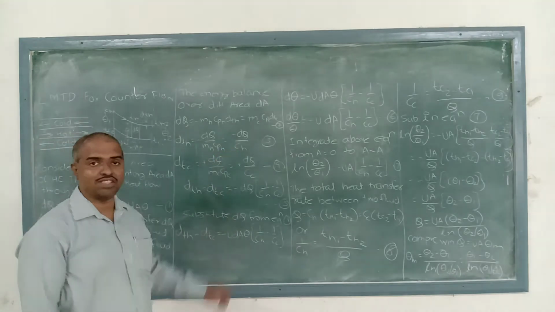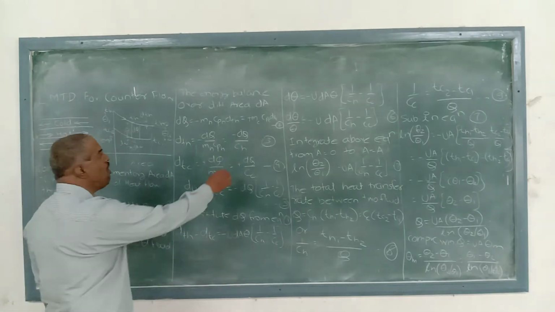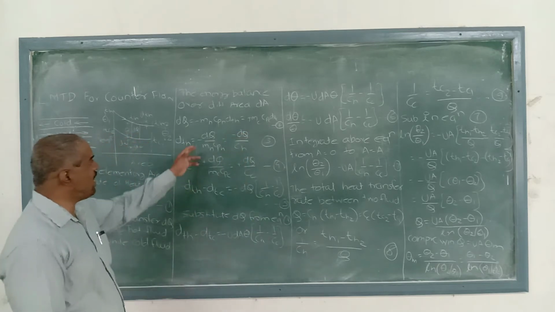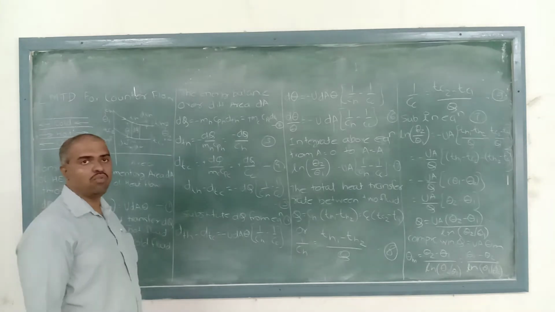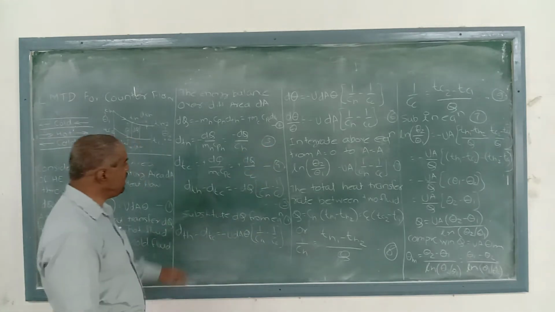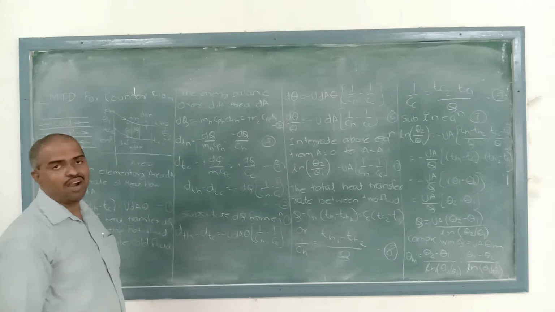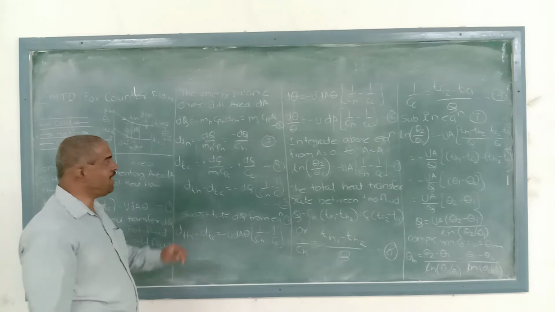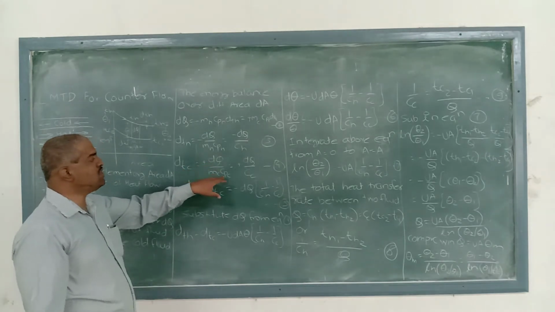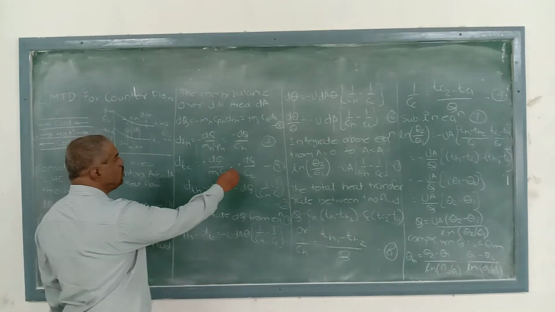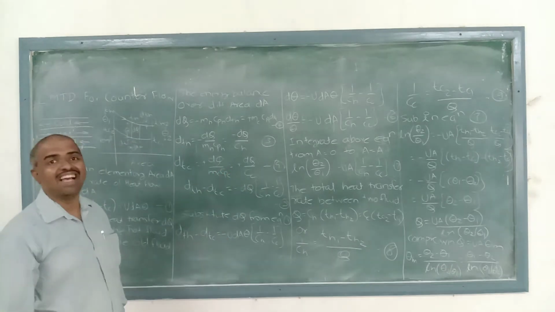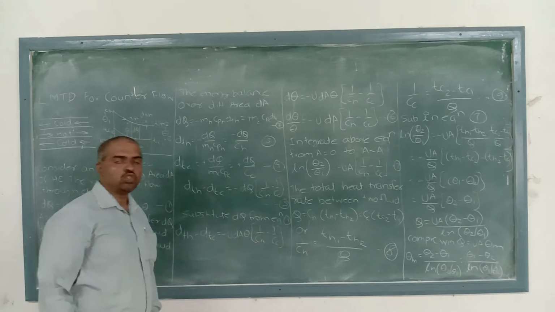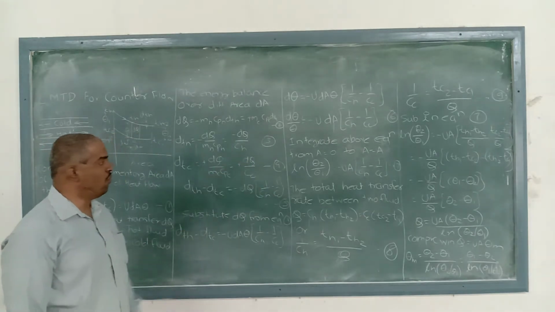It is the Ch, the coefficient of heat transfer of the hot fluid, and this is the minus dq as it is. So as we calculated dTh in equation 3, the same way we are calculating dTc. For the cold fluid we are taking a positive sign: dq upon mc into cpc, where mc into cpc is Cc, which is equal to dq upon Cc. We are calling it equation number 4.